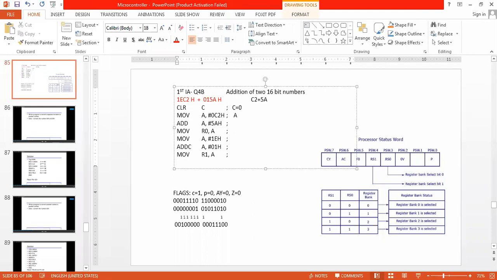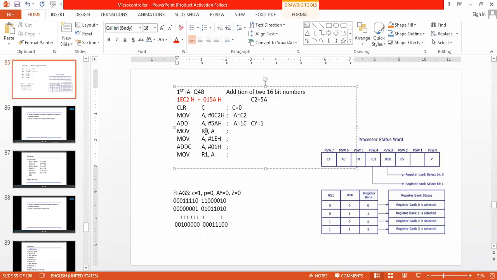A is equal to C2. Okay. Then what is happening in the third instruction? A is equal to 1C and Cy is equal to 1, correct? I am adding, I am not moving. I am adding 5A plus C2. So after adding these two, A will become 1C.